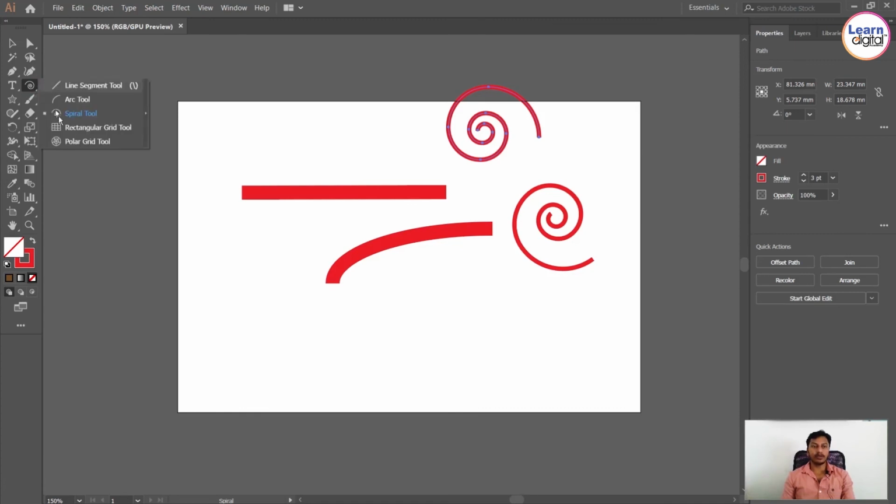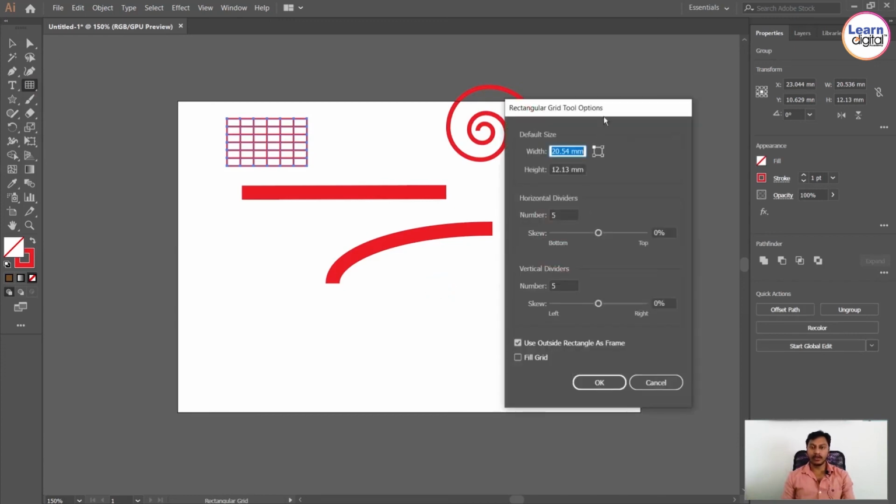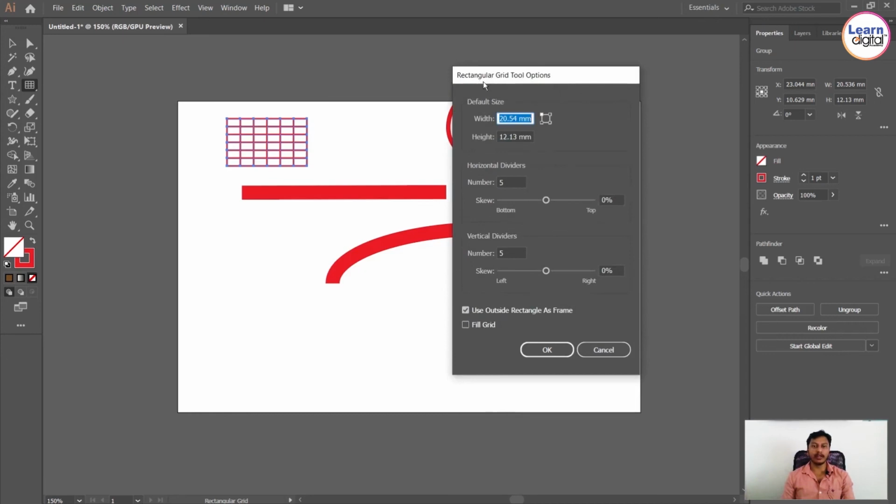Then the next one is the rectangular grid. Click and drag, and you can see the grids over there. If you need particular grids like 2 by 2, 3 by 3, click. So here you have an option, and you will get the rectangular grid tool options. For all the tools you will get this as usual, the same process.